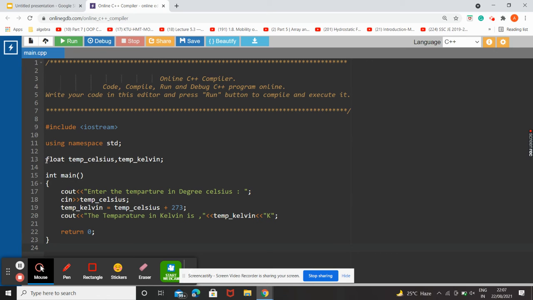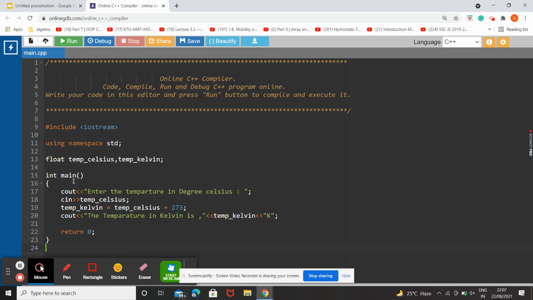For the variables, I am declaring two float variables because temperatures can be float values. The first variable is temp_Celsius and the second one is temp_Kelvin.